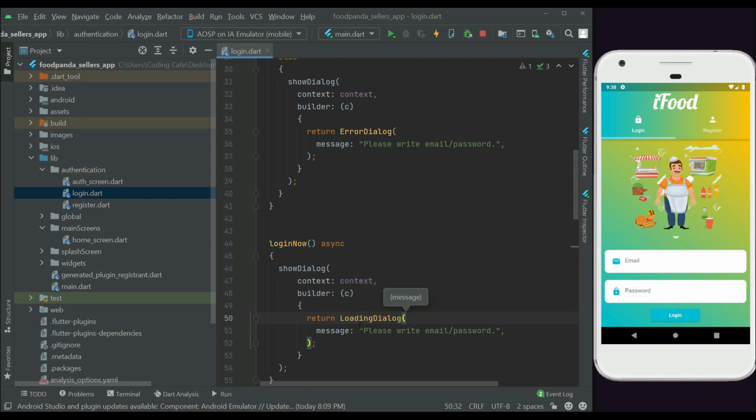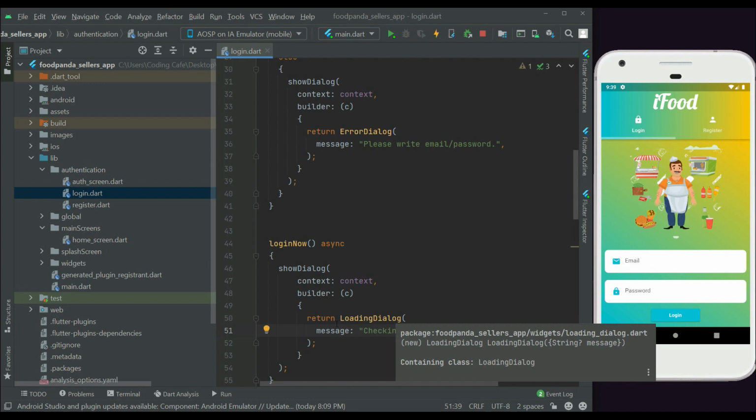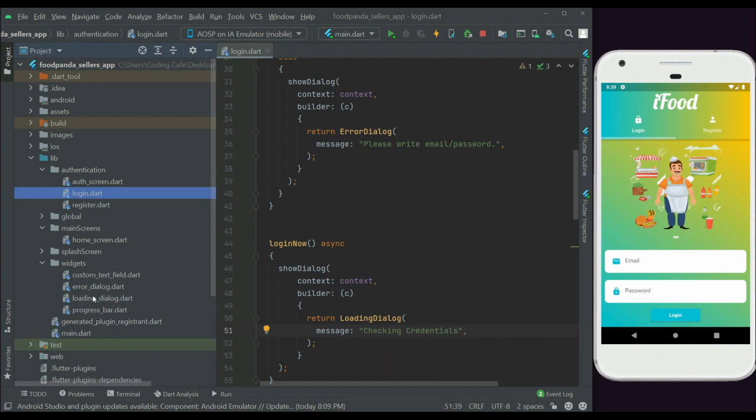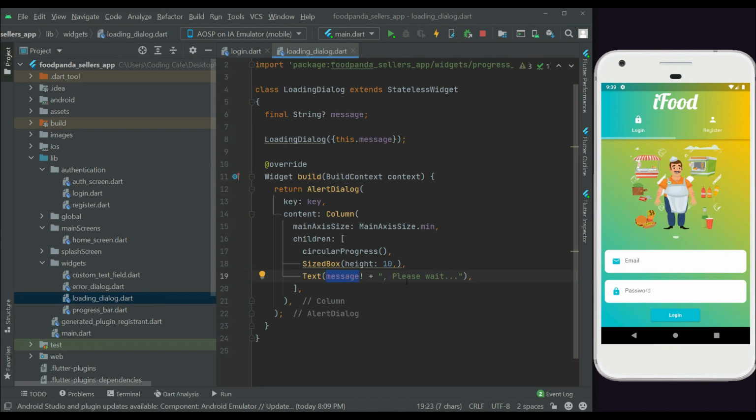Okay, and you can say that checking credentials. We are passing this message which is checking credentials,